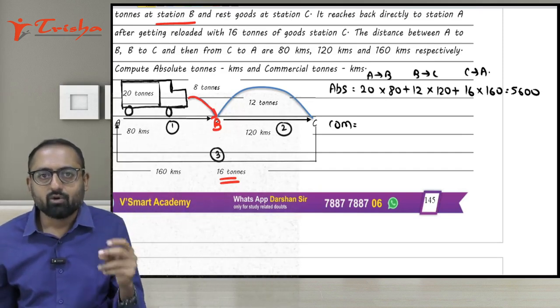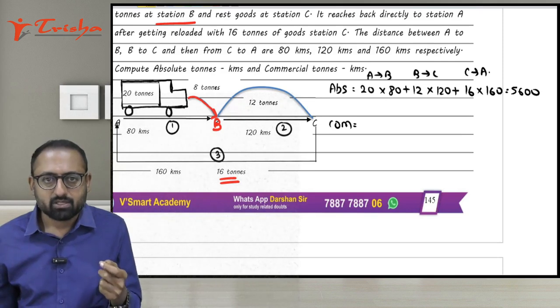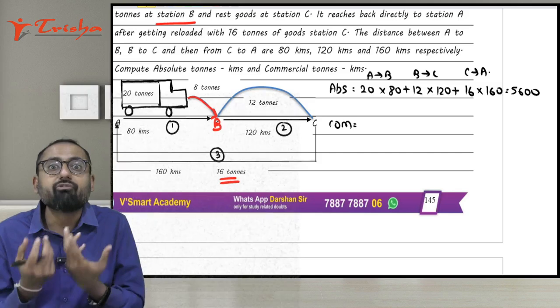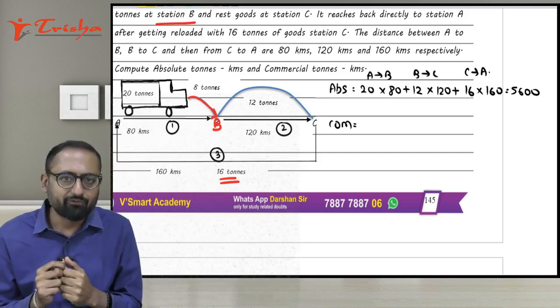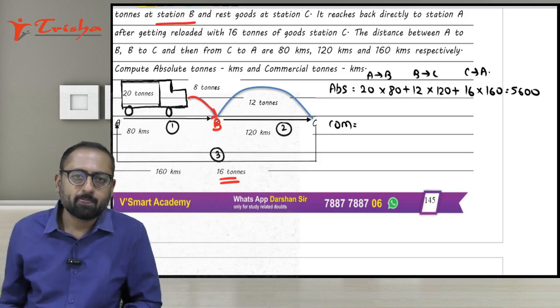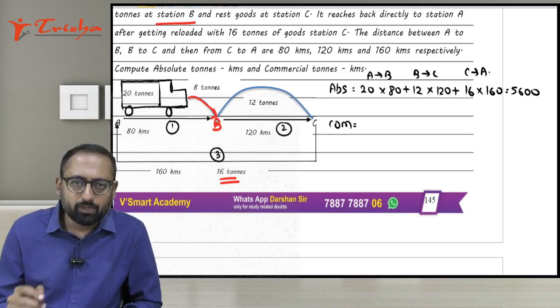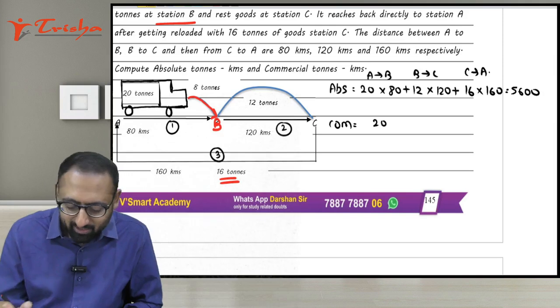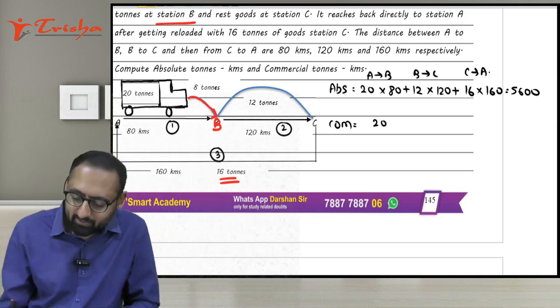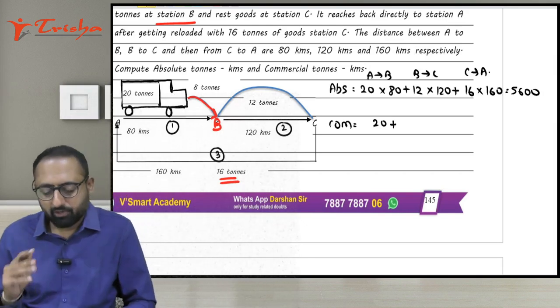Now, average of what? Average of load, average of weight carried. You have to take an average of weight multiplied by total distance traveled. Now you can check that from A to B, the load was 20 tons, right? Yes. From A to B, the load is 20 tons, plus from B to C, now the load